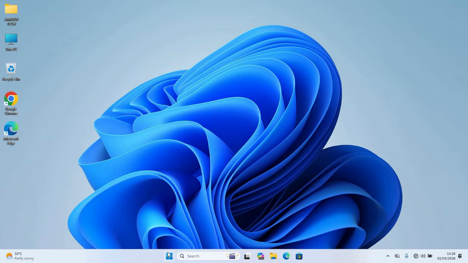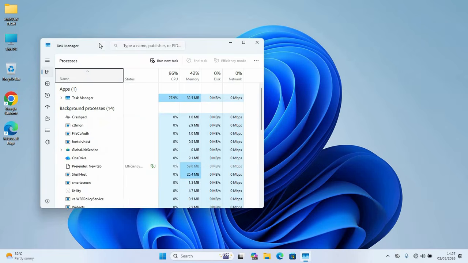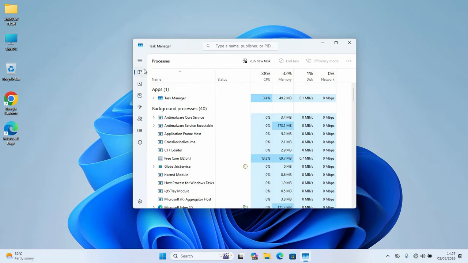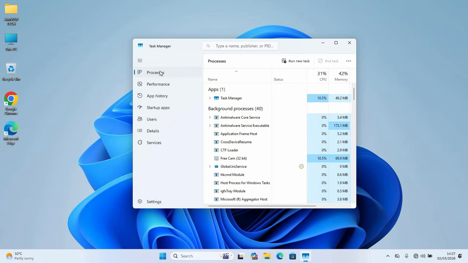Our first step for us to solve this issue of search bar not working or when typing is to restart our File Explorer. So to restart the File Explorer, whether Windows 10 or Windows 11, just right click on your taskbar and go to Task Manager. Once your Task Manager opens, just go to the processes. As you can see here, I have my processes here. If it is Windows 10, the view is going to be different,